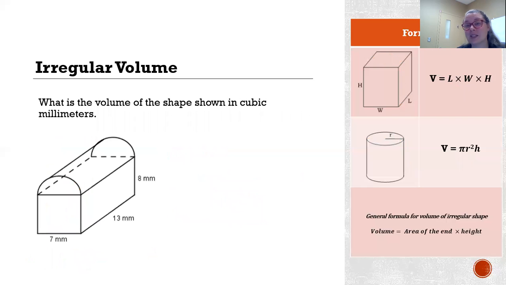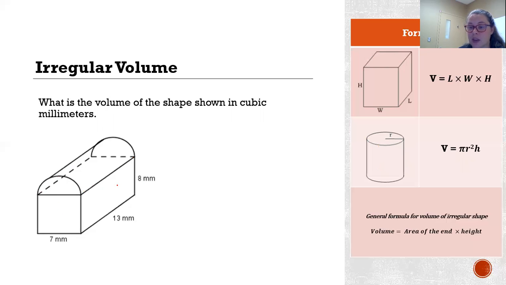All right, and the last one we're going to do is just an irregular volume. So what's the volume of the shape shown in cubic millimeters? Rather than getting you to do more conversions, I've just kept it simple. This is an irregular shape, so it's neither a rectangular prism nor a cylinder, but it's a combination of the two. So we have a rectangular prism down here on the bottom with a half a cylinder on